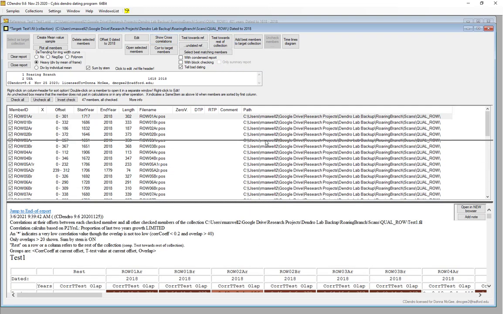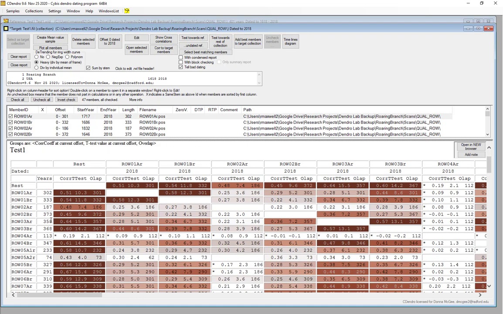So the correlation matrix opens up down here, and it will show you the correlation between one sample and the rest of the data set. And so this gives you the correlation, the t-test, and number of years of overlap with the reference or master chronology. That's typically what you're going to see in XDate, dplR, or COFECHA. But you can also get the statistics that will show those correlations to each of the other series. And so if we wanted to look and see how well 01A and 01B correlate, we can do that.